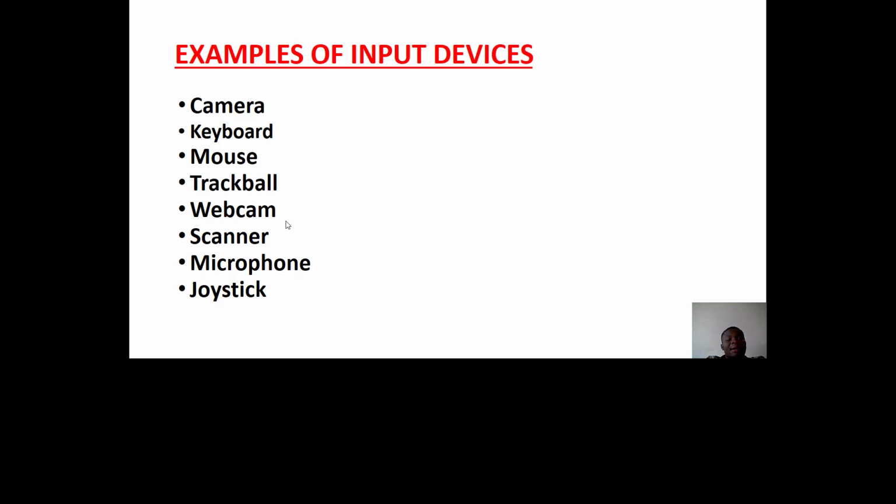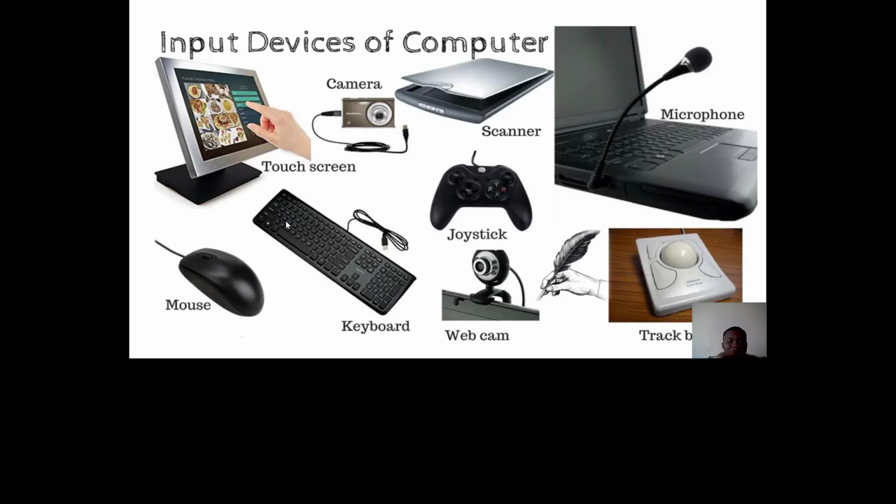So we have the camera and the keyboard. The keyboard is used to enter characters, numbers, and symbols into the computer. The mouse, and we have the trackball, similar to the mouse. We have the webcam. We have the scanner, used to scan. We have the microphone, which takes sound as data. Then we have the joysticks. So these are images or pictures